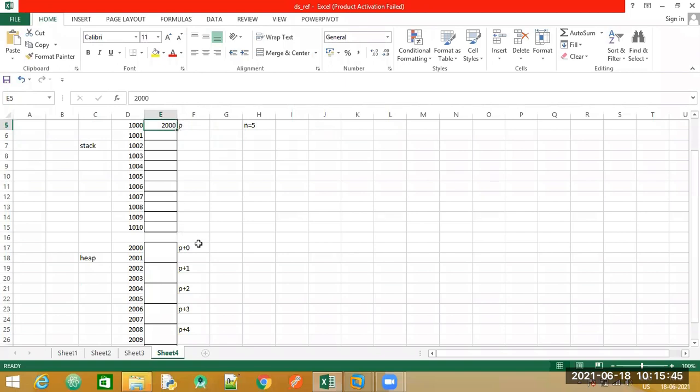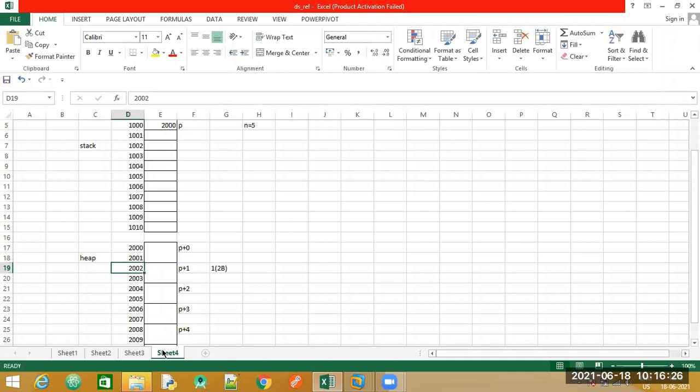So with these statements that I have written here, P plus 0 will indicate just the initial address because P's value is 2000. When I increment it to P plus 1, the base address is 2000, so what will P plus 1 be? 1 indicates here 1 into the size, that is integer, 1 into 2 bytes. So the value of P is 2000 plus 2. The counter will be moved to 2002.